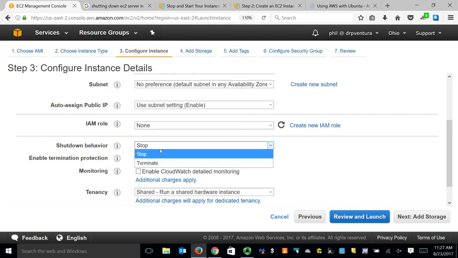Default shutdown behavior. Stop basically says, just turn it off. Then you can come back in. So if you're working on an assignment and you do a little work and you're like, oh, I got to go do something else, and I come back another day, just click stop. It's turned off. You don't have to worry about anybody trying to hack into it from the outside, all of those kinds of things. Good. Once you're totally done, or in my case,